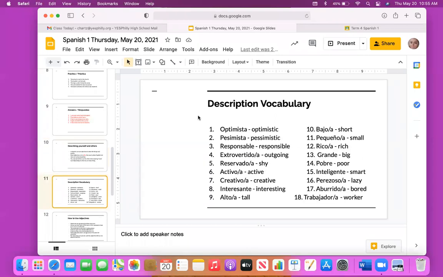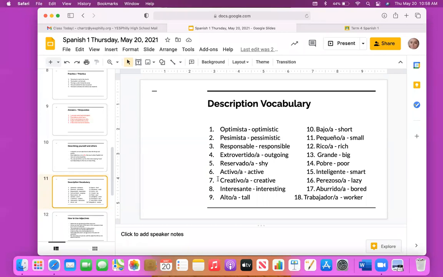Okay, so we'll go over that then. I just put some description vocabulary in. So we have optimista is optimistic, pesimista is pessimistic, responsable is responsible, extrovertido or extrovertida is outgoing, reservado or reservada